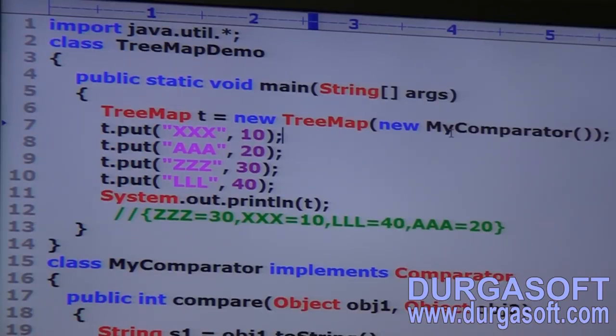Import java.util.*; class TreeMapDemo. Clear, I hope. Take t.put of